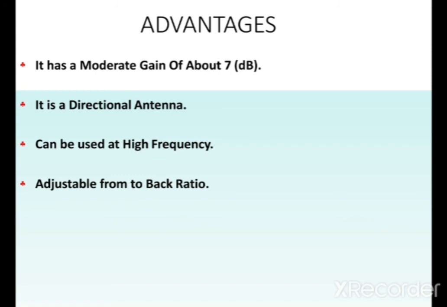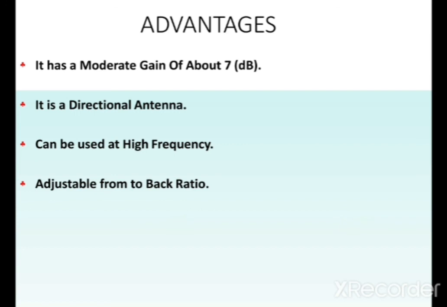Similarly for the spacing between the elements: 0.25 lambda from the reflector to the driven element, the driven element to the director 0.125 lambda, and director to director 0.25 lambda. So you have to calculate all these element lengths and spacings and design an antenna system depending on our application, like a 3 element, 5 element, 7 element, 9 element, or 11 element antenna. Whatever antenna you design depends on the specifications.